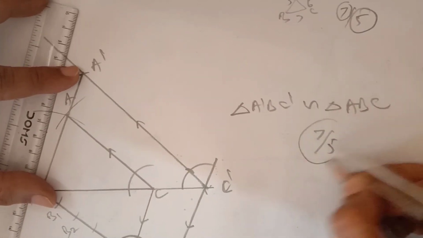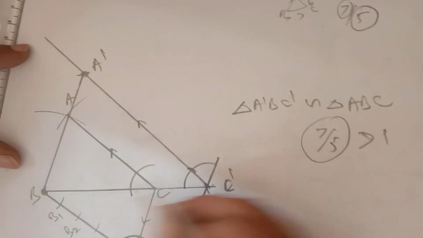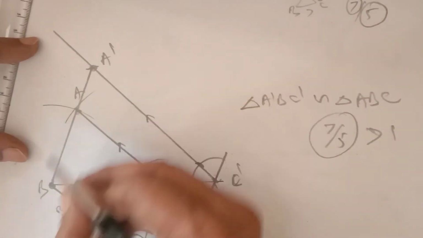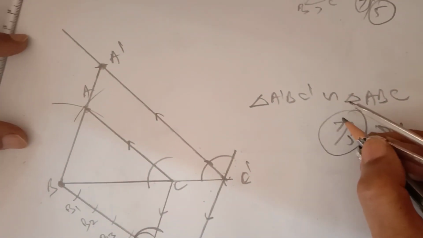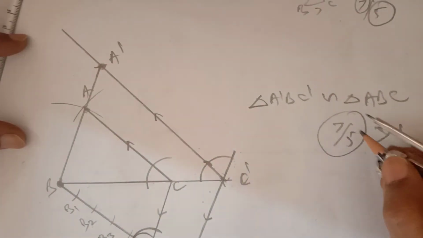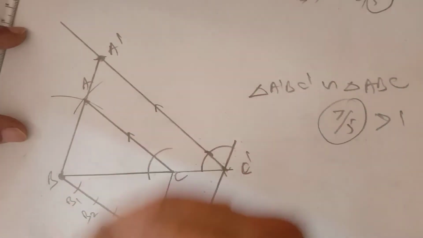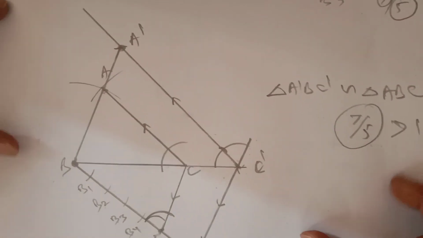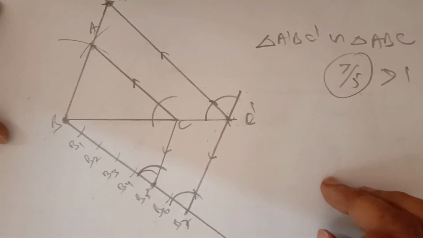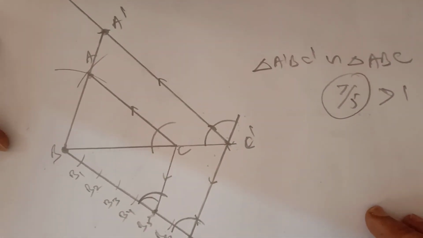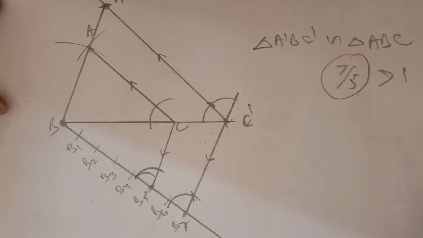7:5 है। 7:5 का मतलब ग्रेटर देन 1 है। तो triangle A dash BC dash will be larger than the triangle ABC because the sides of triangle A dash BC dash are 7:5 of the original। 7/5 greater than 1 है तो larger triangle बनेगा। तो like this you have to construct। I've explained you 2 times, one I explained you rough and this I made it fair। Okay, we'll continue in the next lecture। Thank you।